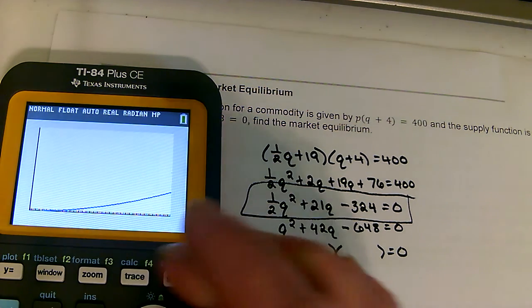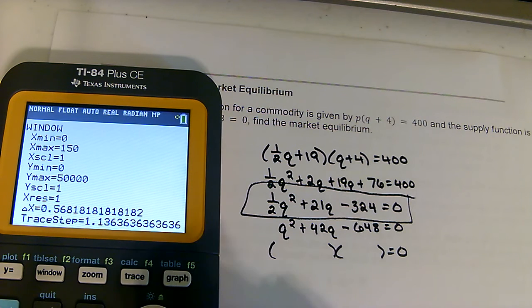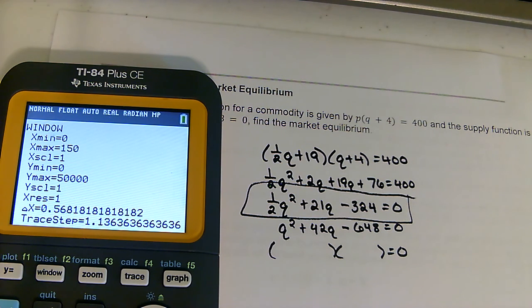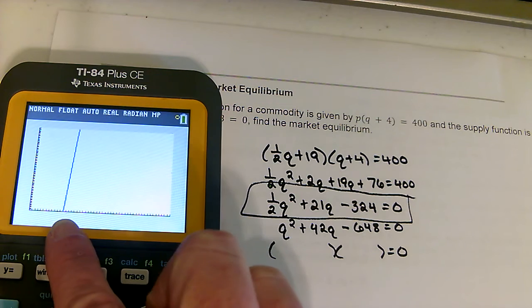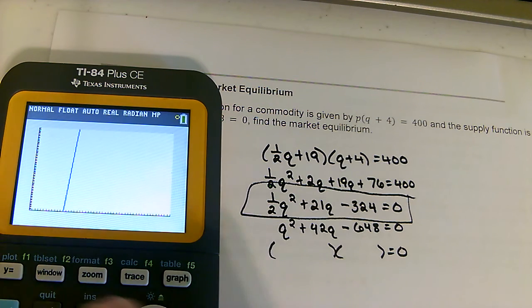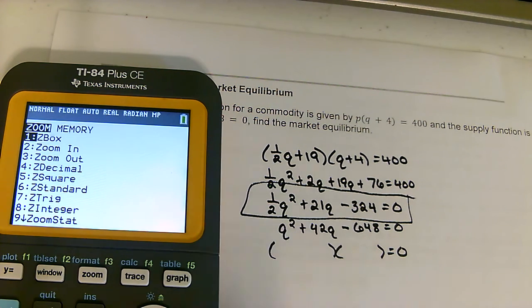And I'm not seeing too much, so I'm zoomed way too far out. Let's bring this in, and it could also be negative. So I'm going to change my window. Well, I don't know if it's negative or not. I'm just going to bring this down to 50 and bring this down. This can even go to 100 because I'm trying to zoom in on what's going on here. But I only see part of this parabola. It should be a full parabola. So you can also try